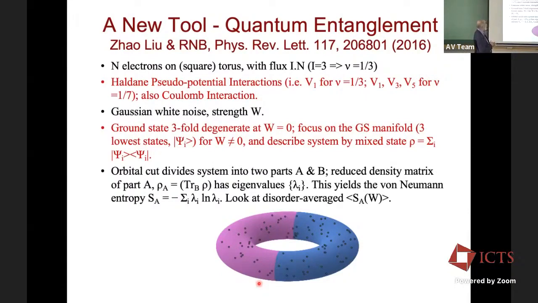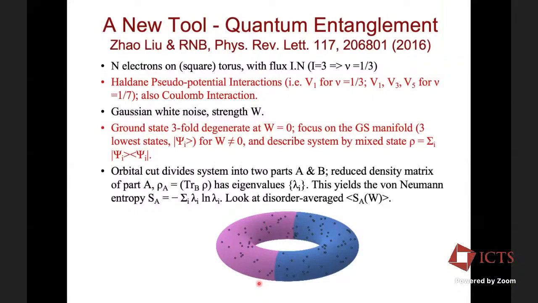So of course, again, the ground state has a 3-fold degeneracy. When your disorder is non-zero, we have to focus on that manifold. So when we are going to try and talk about the ground state entropy, von Neumann entropy, we have to include all 3 states, not just one. That's the crucial requirement in trying to get this thing done, okay? And what we do is we basically divide the system up into